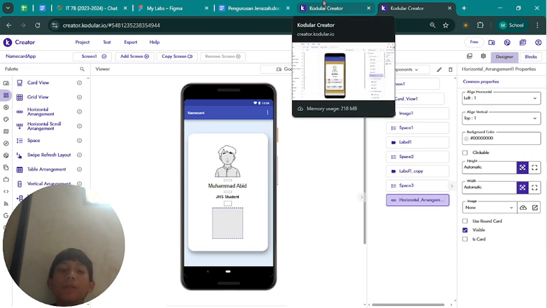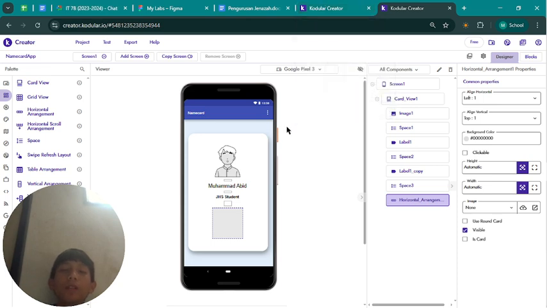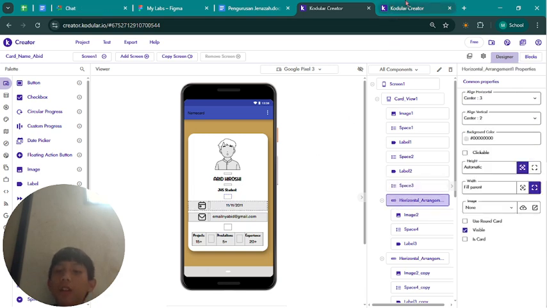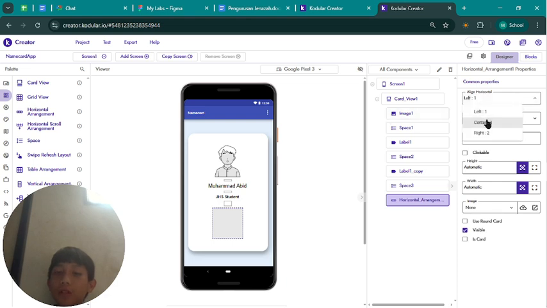So horizontal arrangement is a feature that lets you make a row for your elements like this. Okay. And then for horizontal arrangement also change to center.